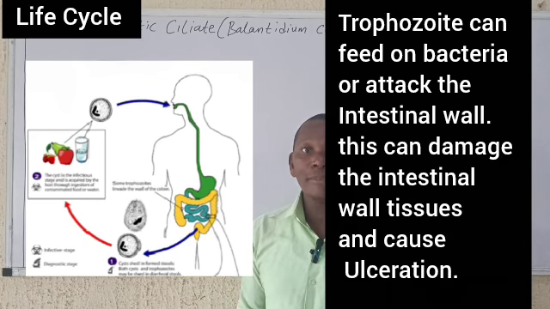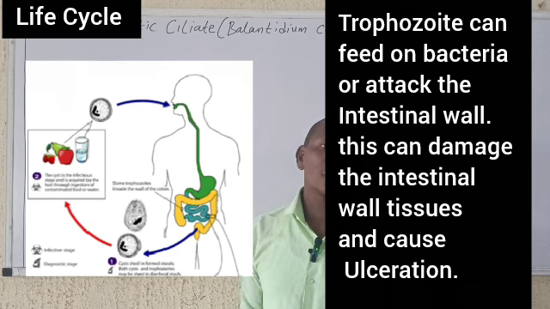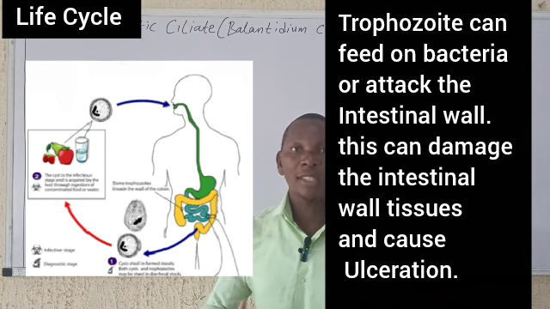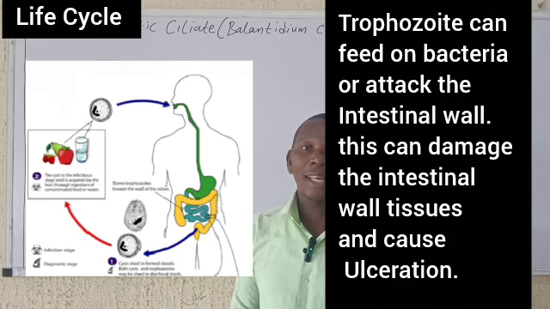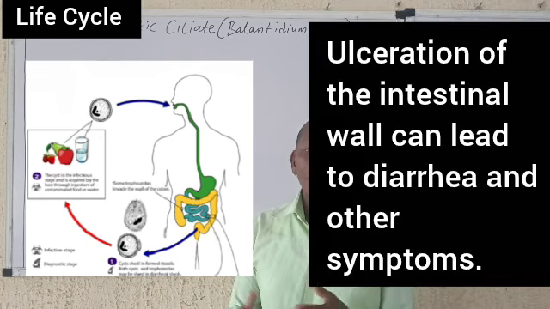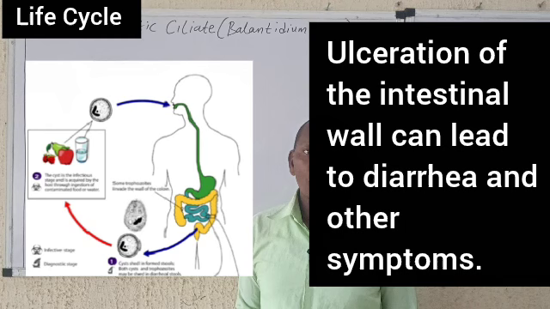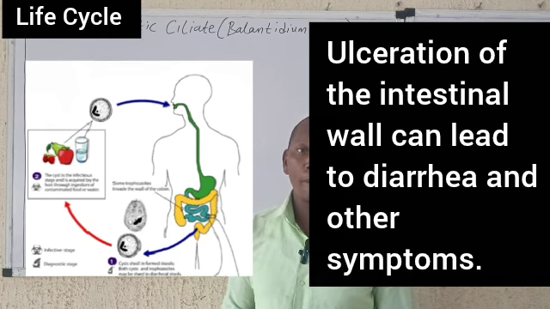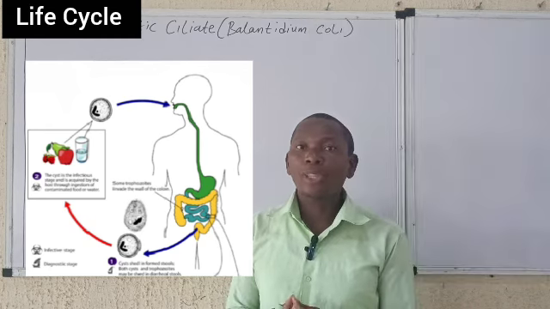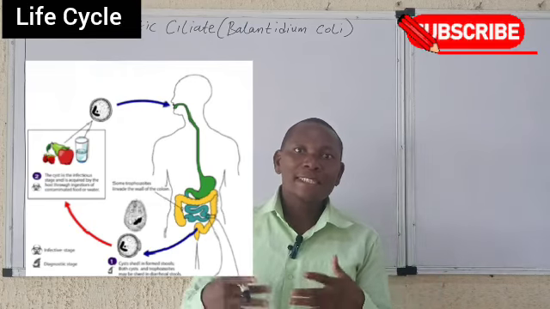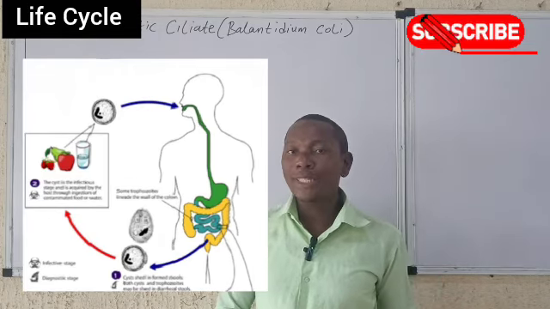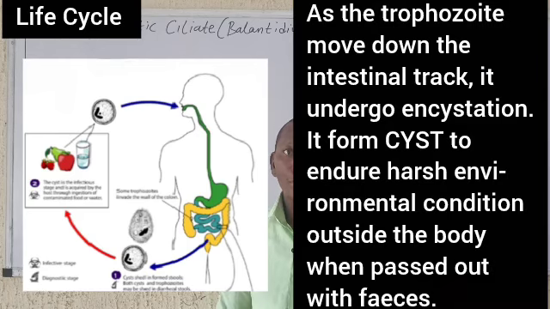If conditions are favorable, it can even attack the lining of the intestine and feed on it, resulting in what? Ulceration of the intestinal tract, which can lead to what? Diarrhea, in some cases dysentery, and various other symptoms that can result from these organisms. Note that after the activity of the trophozoite in the intestine, as it moves down the intestinal tract, through the colon and the cecum, it undergoes another process called